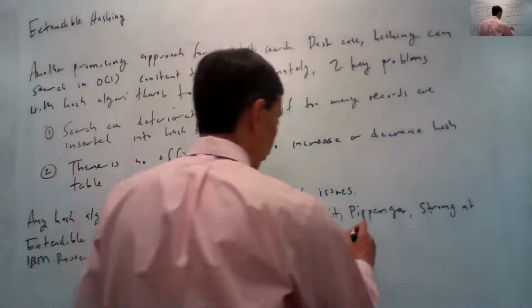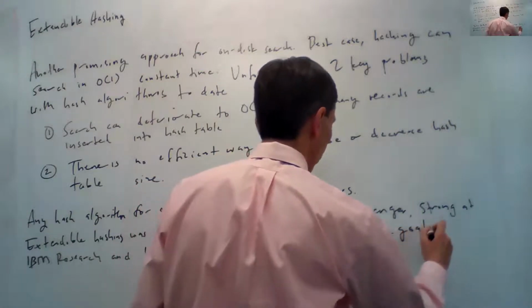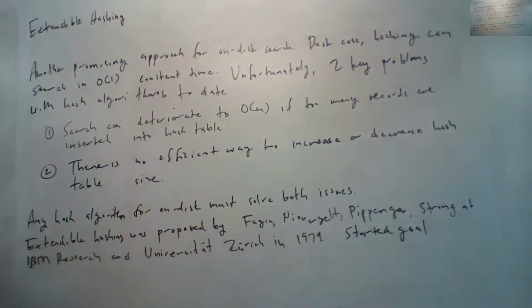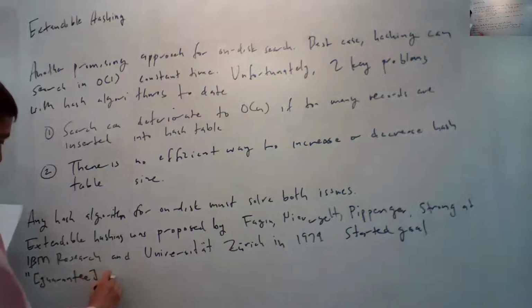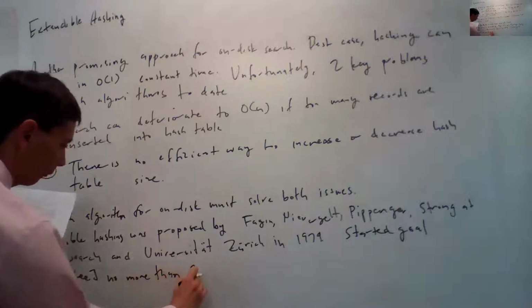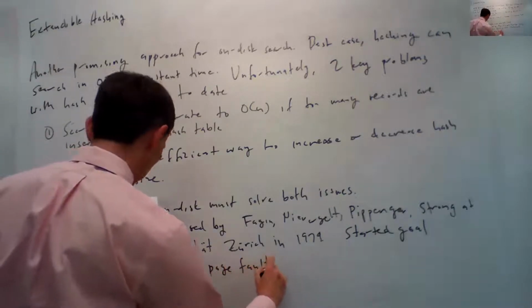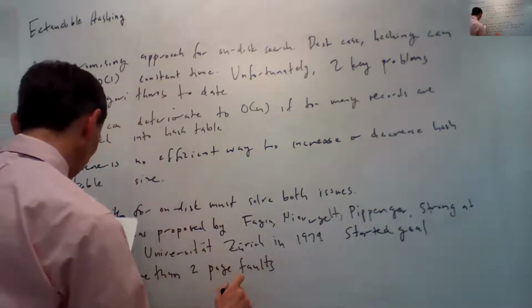And so what were they doing here? The stated goal for this work was to guarantee no more than 2 page faults to locate data